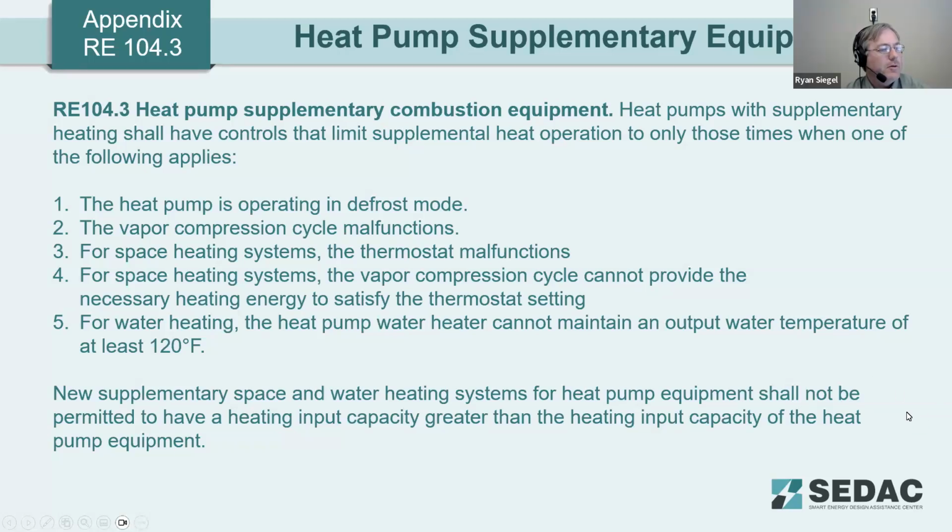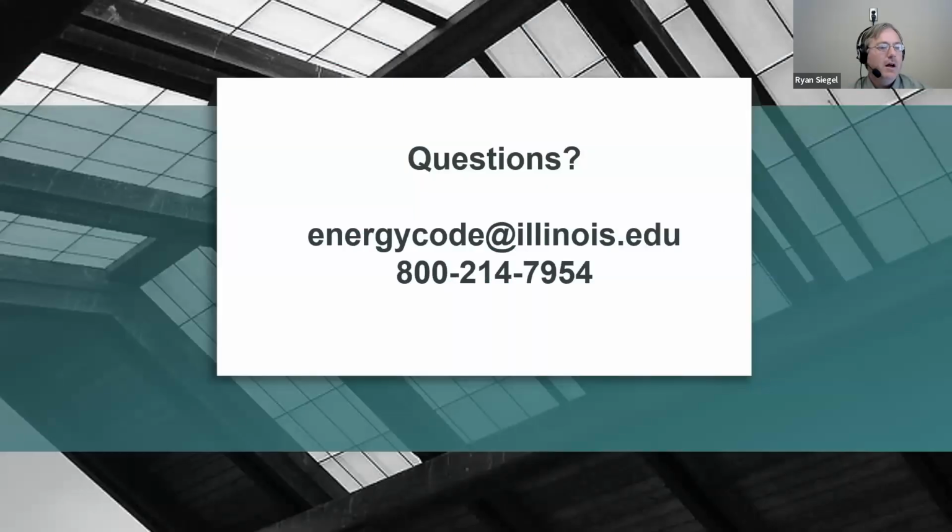A couple more questions have come in. There's a question regarding ground source heat pumps versus cold climate air source heat pumps, trying to understand why the difference is so small. Those points are based on energy modeling performed by the Department of Energy, and they have determined that even though the efficiency could be notably different, the overall energy impact of that difference ends up being fairly small. So that may go back into some of the modeling.